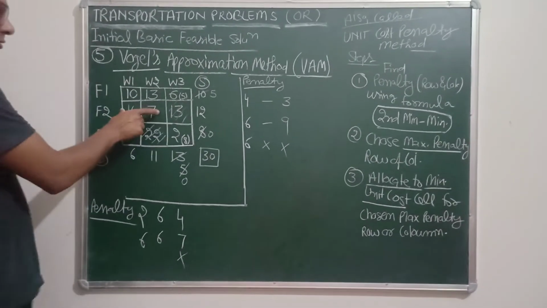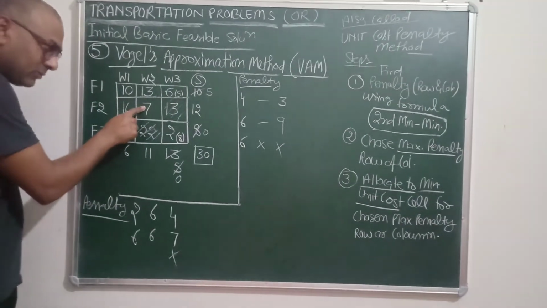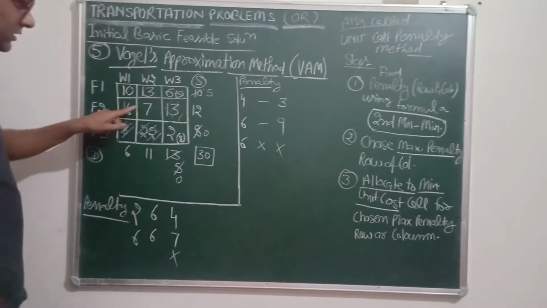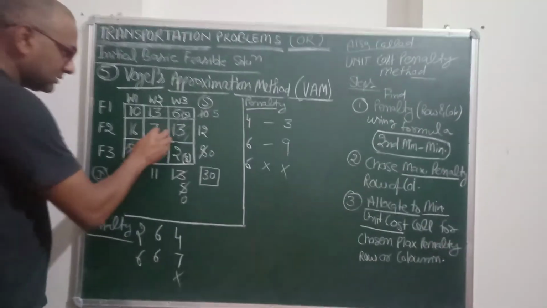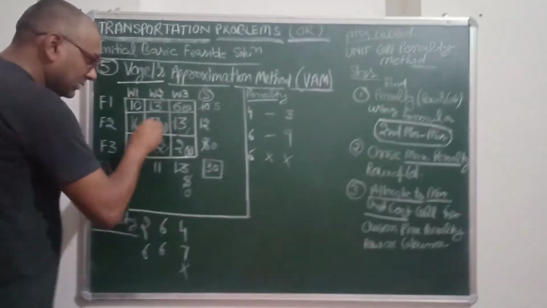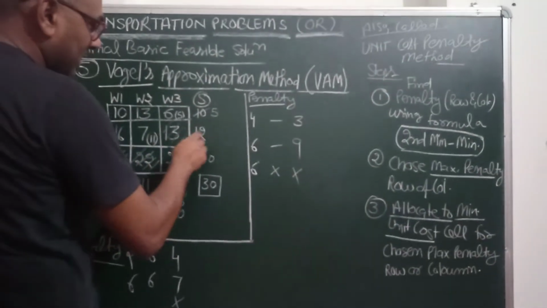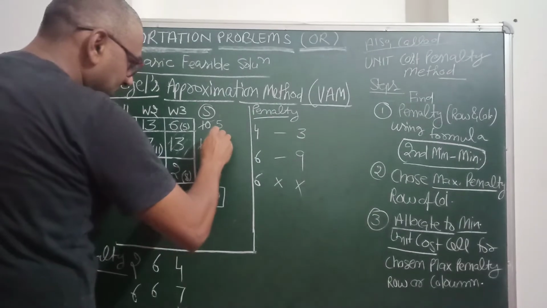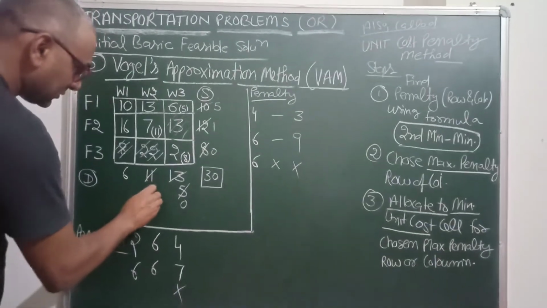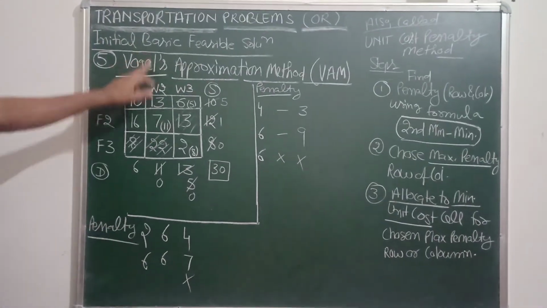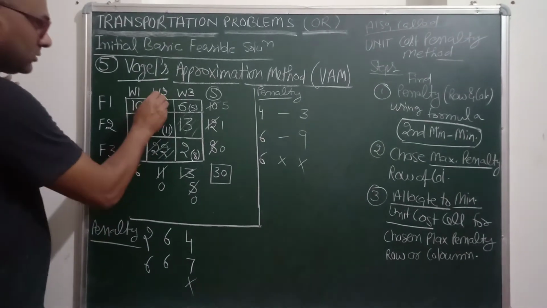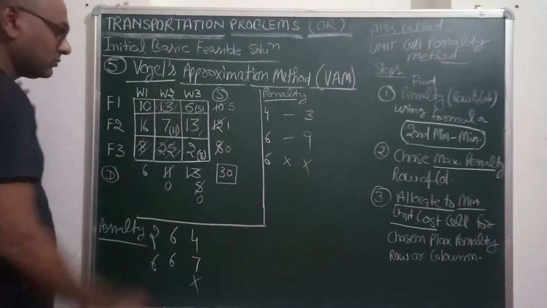Okay, now in this row you will see that 7 is the minimum value, so we have to make an allocation here. Here the amount is 11 as a demand and it can be fulfilled by the total supply as it is 12. So it is 1, it is 0. So no further allocation can be made to this column. So there will be no allocation to this cell.